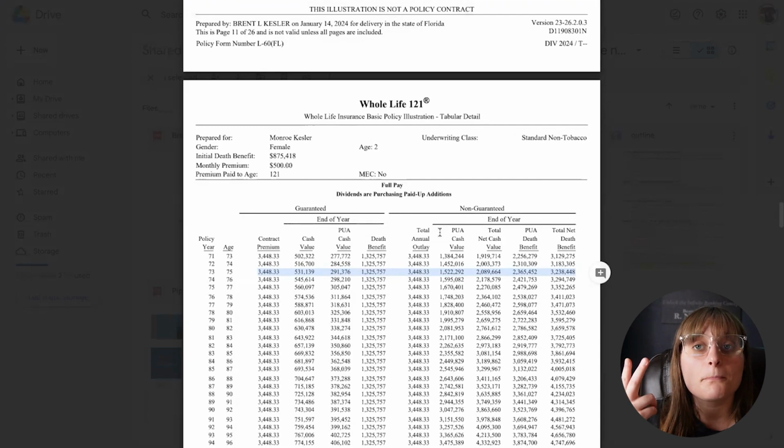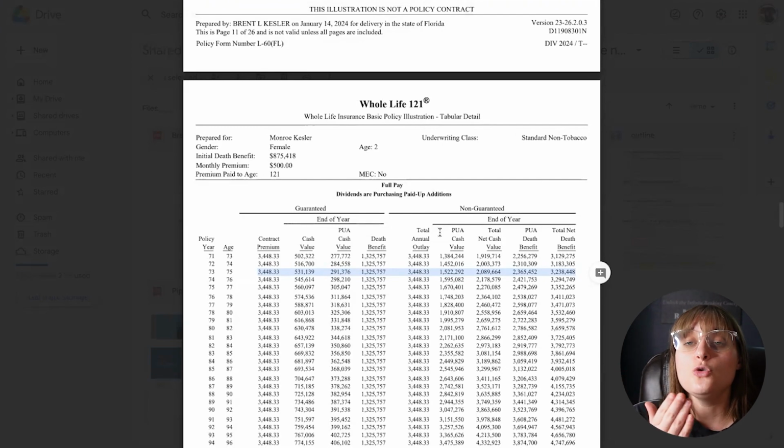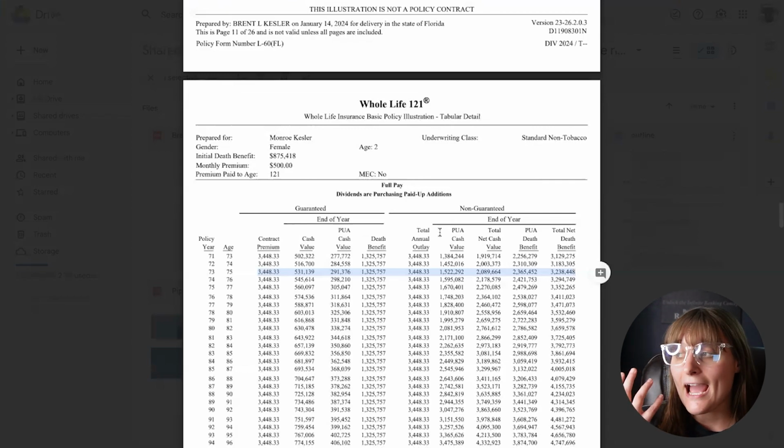Or she could RPU that contract. RPU just means reduce paid up. And what would happen is that the premiums would stop. No more capitalization, no more premium deposits going in. Her death benefit would remain at where it's at. And now she's just got this cash value bucket that's rolling on autopilot.